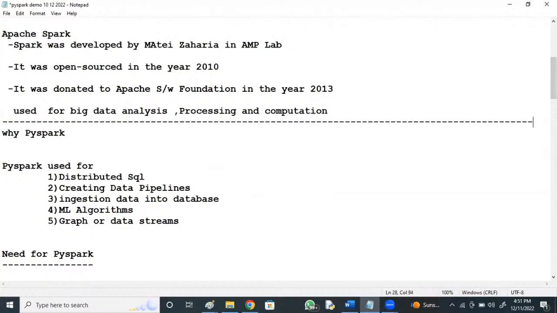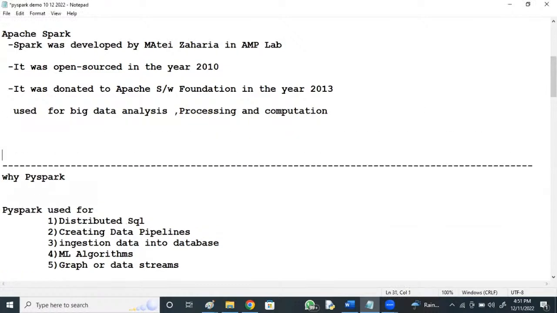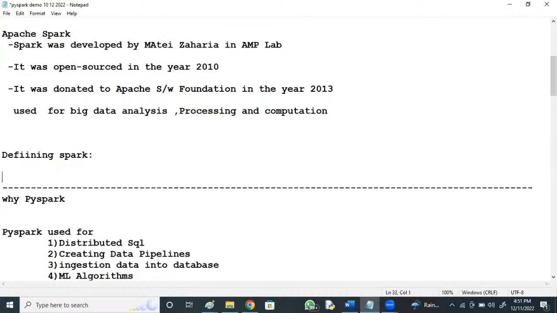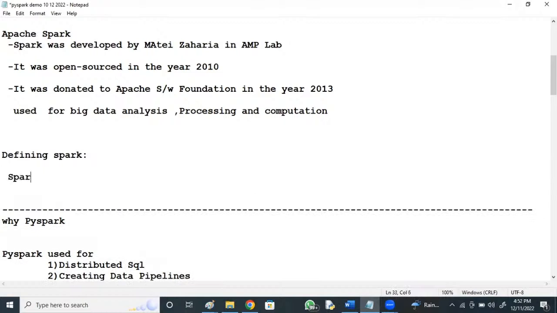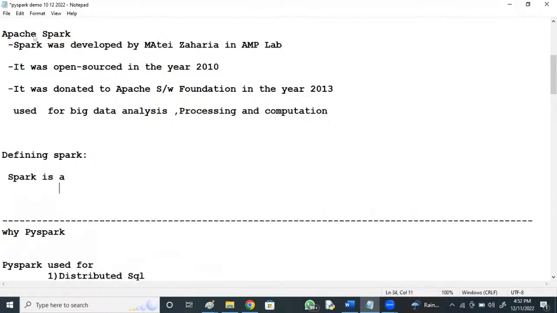Before that, if I want to define Spark, I can define Spark in 4 to 5 lines. Spark is an open sourced